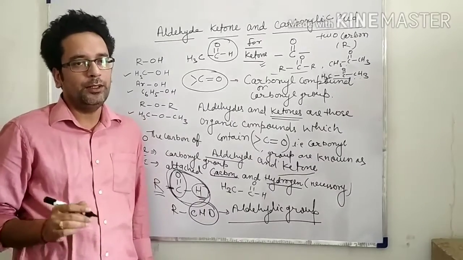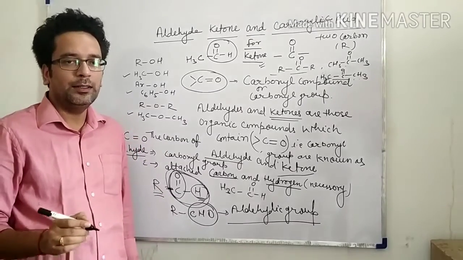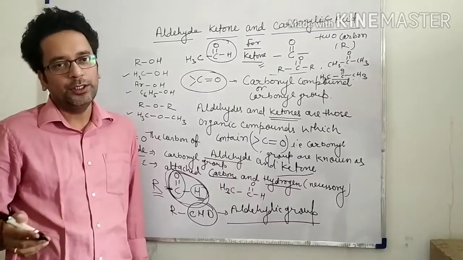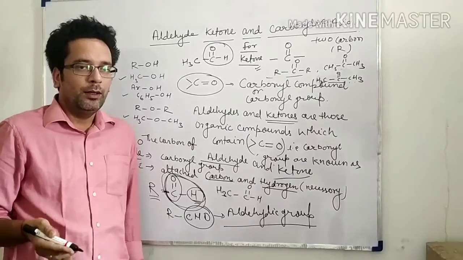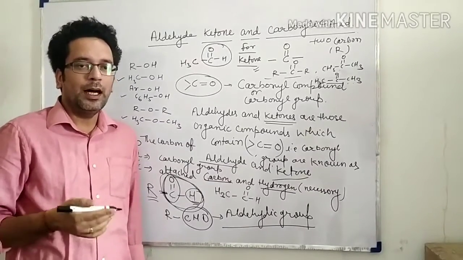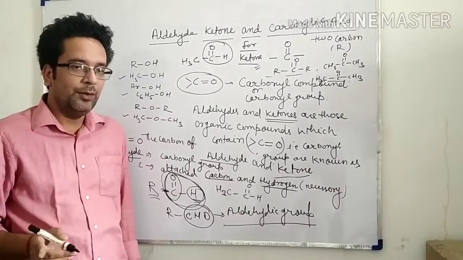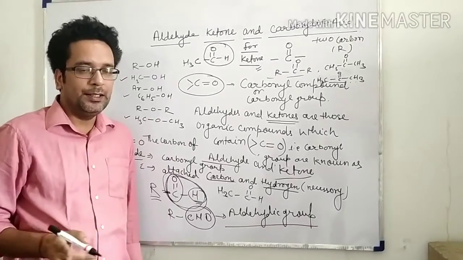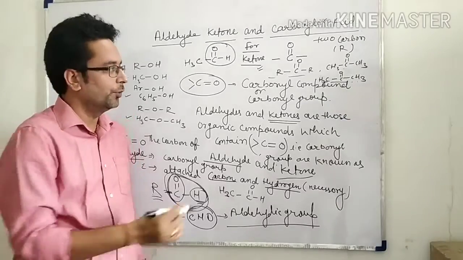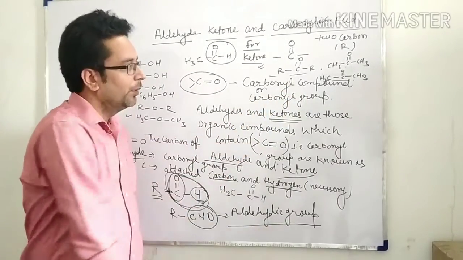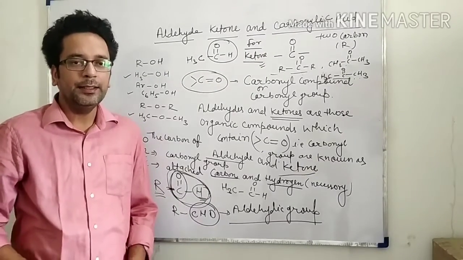Carbonyl compounds are important, that is the carbonyl group. Compounds containing a carbonyl group are known as aldehyde, ketone or carboxylic acid. But how can we differentiate between aldehyde and ketone? In case of aldehyde, the carbonyl group is attached with one hydrogen, and hydrogen is necessary along with one carbon atom. In case of ketone, the carbonyl group is attached with two alkyl groups. Example, this one. Next we study the classification of aldehydes and ketones.